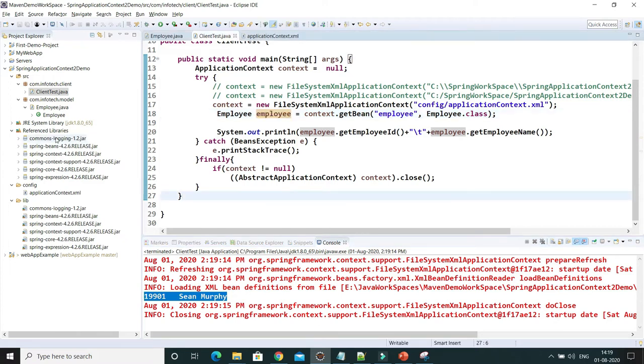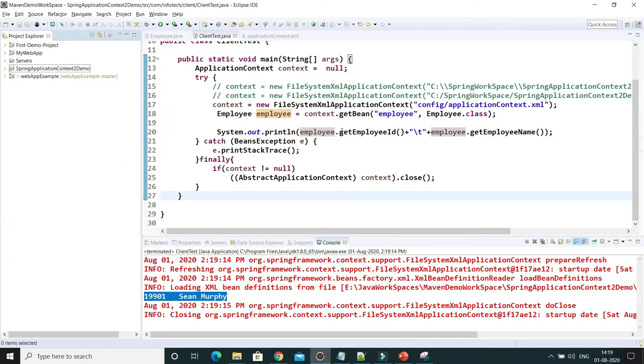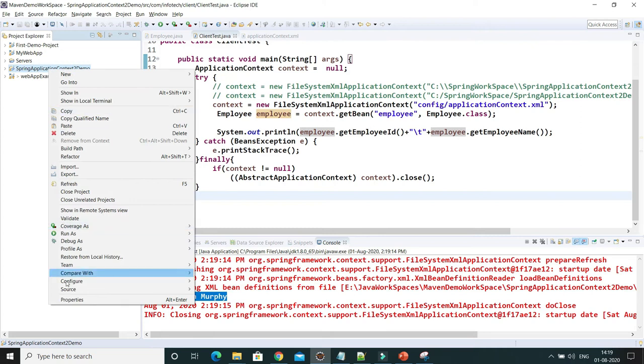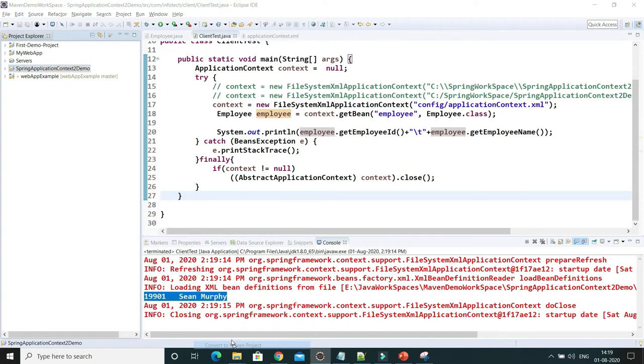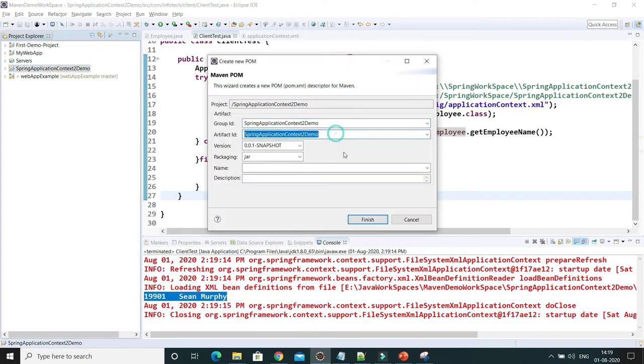So I'm going to convert this project into a Maven based project. So right click over here and go to Configure, and here you'll get various options. One of the last options is called Convert to Maven Project. Select that option, and here if you would like to change your artifact ID or project name, then you can change, they have provided it editable.